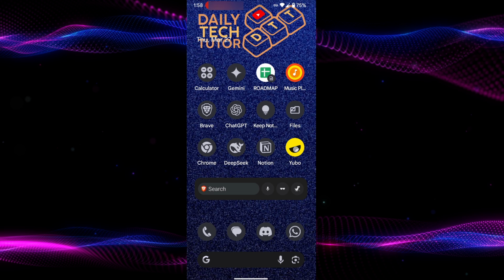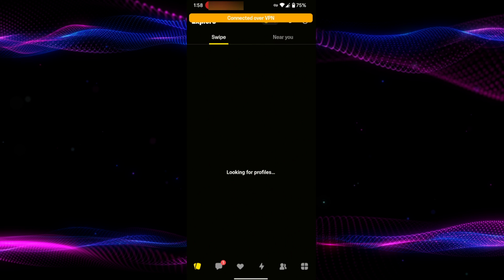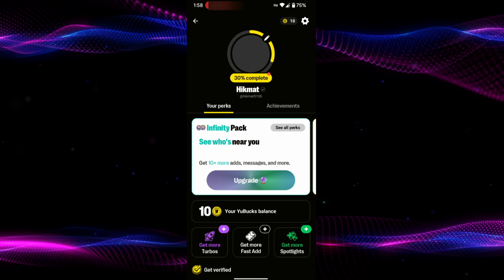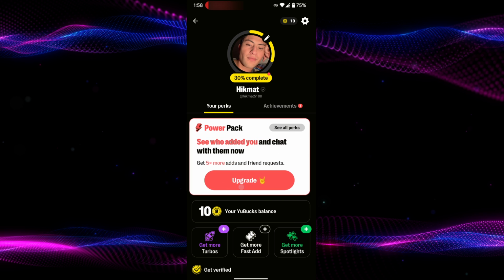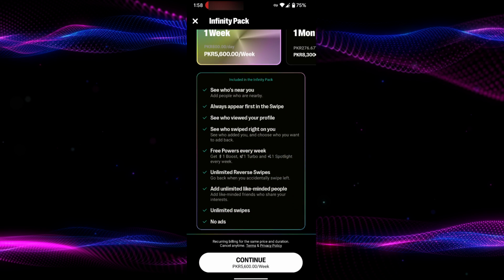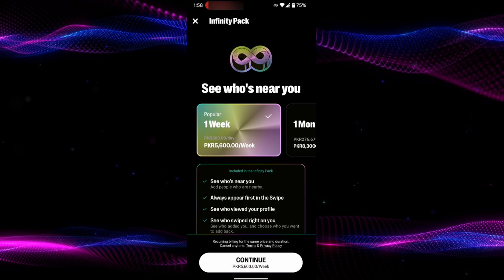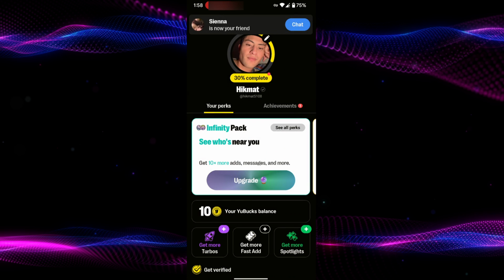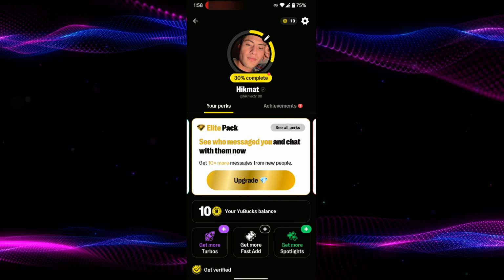To get access to Yubo's Elite Pack features, start by opening the Yubo app and heading to your profile. From there, look for your perks section under your profile picture. Now you can buy any of these 3 packs, and you can also tap on see all perks on any of them to see what perk they will grant you. So do your research. The best one here is the Elite Pack, so I'm gonna tap on the upgrade button